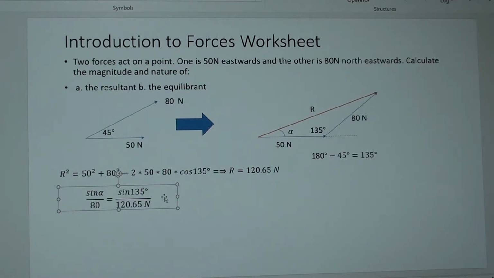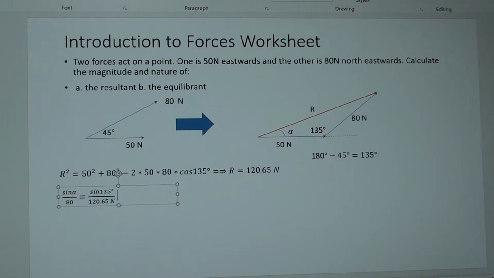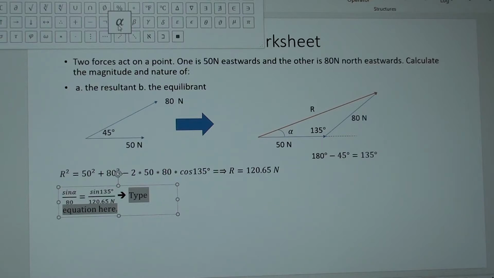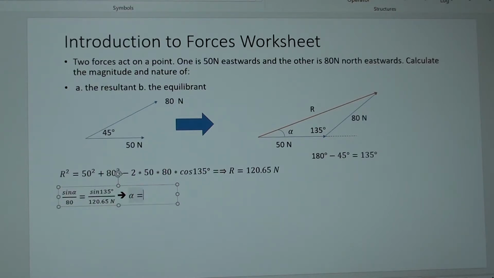If you continue with the solution for this, you will end up finding the result. If you solve it correctly and make sure your calculator is set up to degrees, it will be equal to